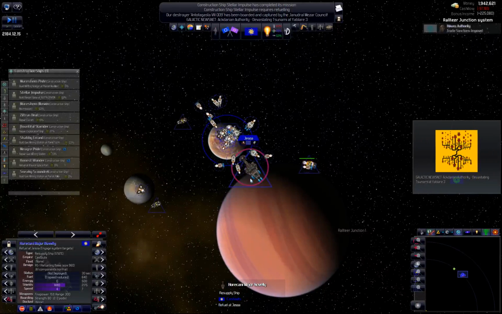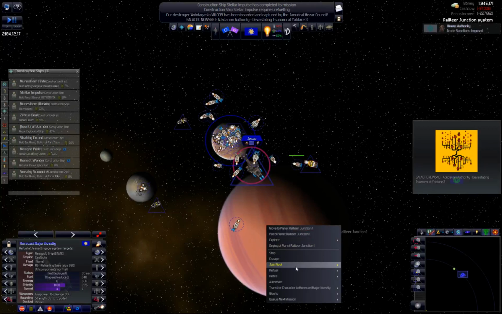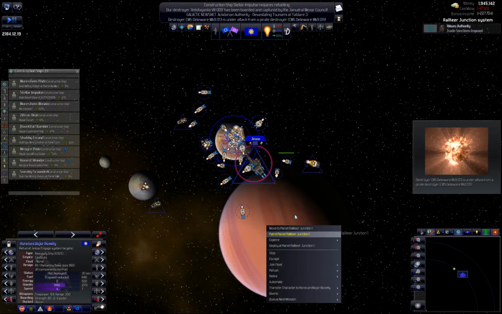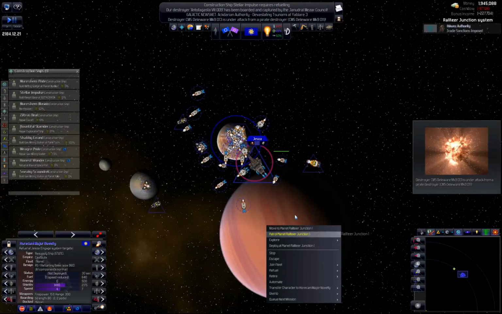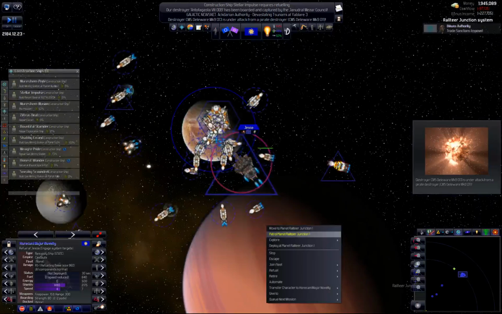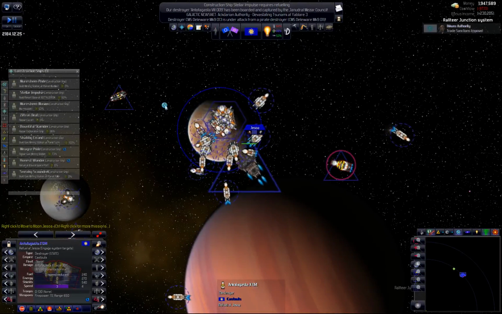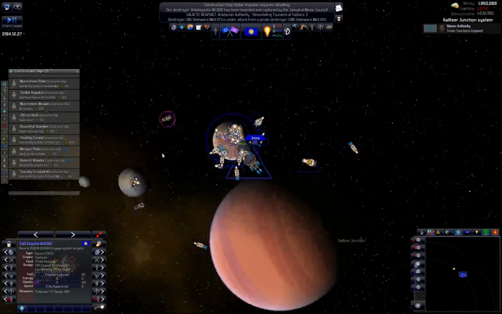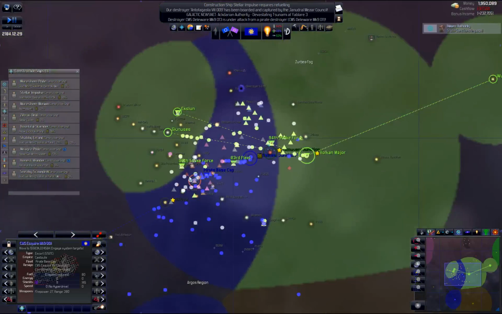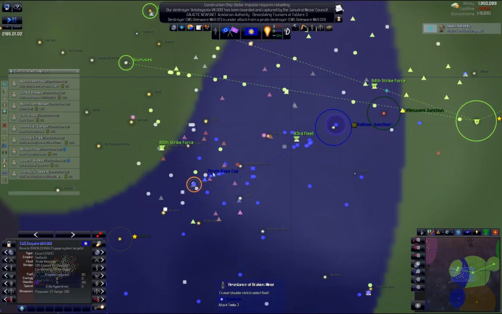Now it's going to refuel at a base. Yeah, refueling at a planet when it's not deployed is not an option. Okay, that's fine. There's a base there. It'll refuel and then I'll deploy it somewhere. I don't necessarily need it deployed in the same...